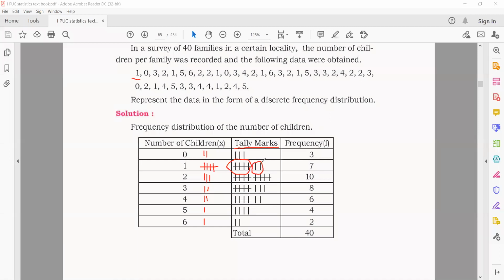5 plus 2, 7 gives you the total count there. And since we are dealing with the data of 40 families, if you add all the frequencies, you should get the number as 40. So here I'll introduce 2 symbols, one small n and the other one capital N. Small n indicates the possible values taken by your